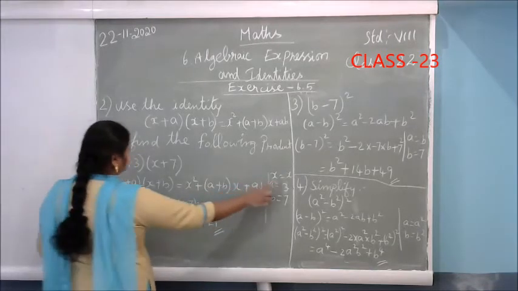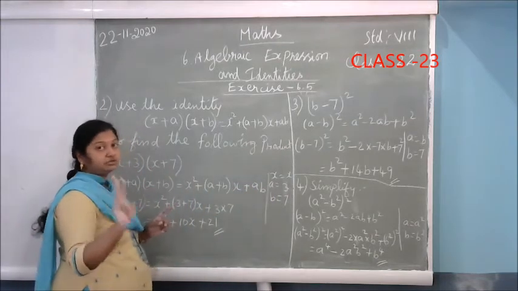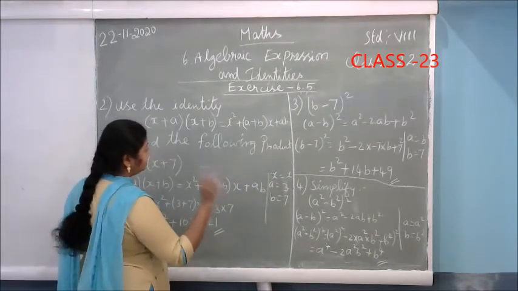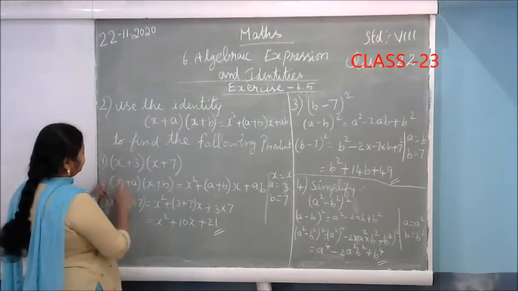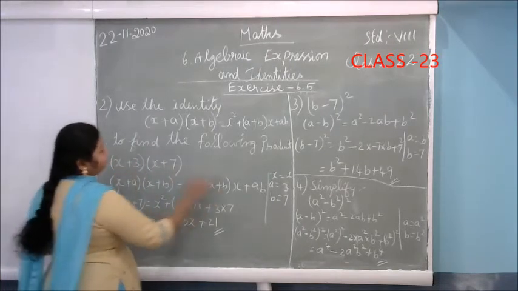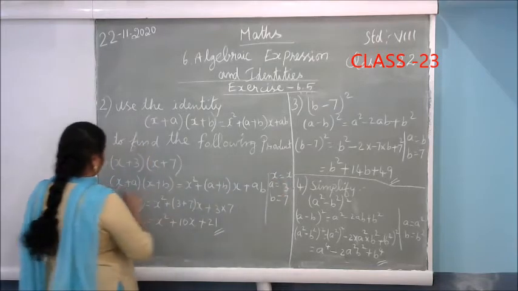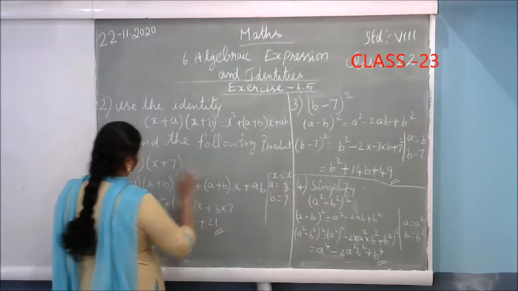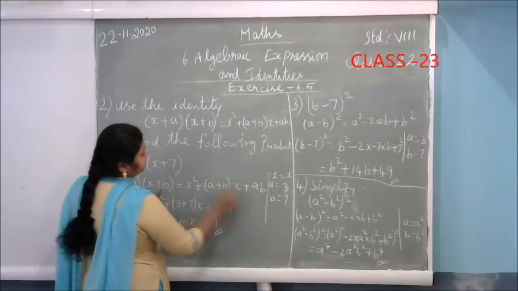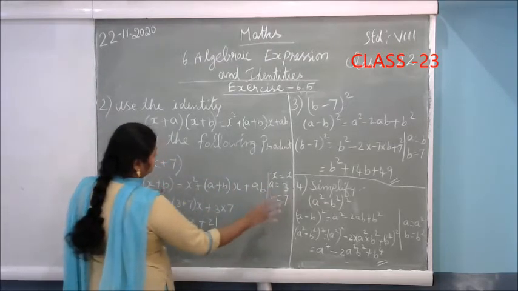Here, what is x? Three variables are used in the identity. So the first variable is what we have to find out according to the question. First variable x: instead of x, x is there. That's why x equals x. Instead of a, what is here? 3 is there, so a equals 3. Then instead of b, what is here? 7. So b equals 7.